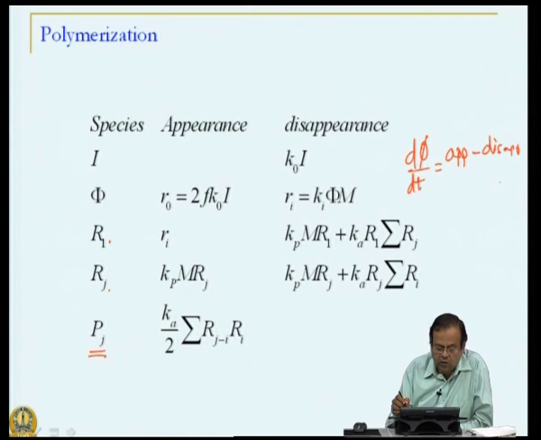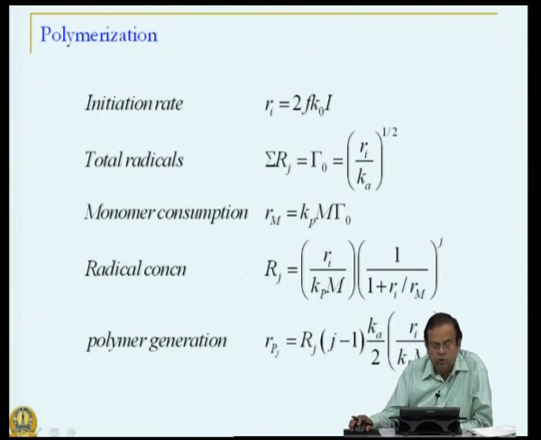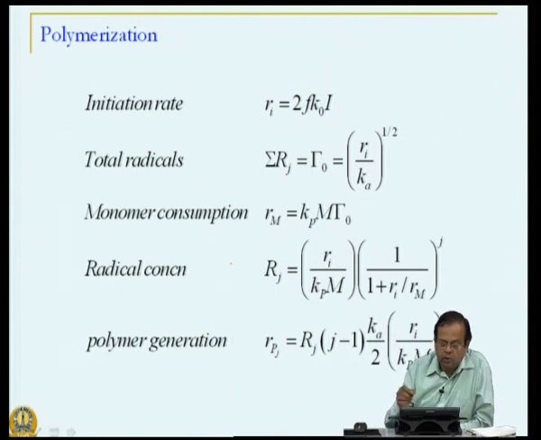So, for the quasi steady state approximation to be invoked, these two rates must be equal, and so on for all the species. Now, using some properties of infinite chains, because this is a polymer chain, we can simplify that in terms of initiation rate,